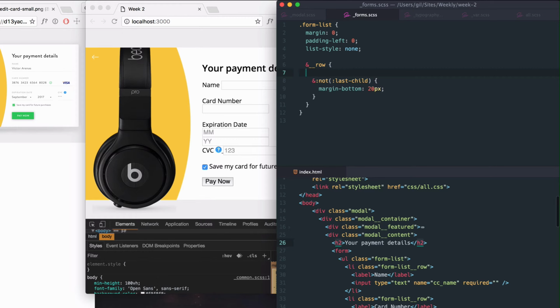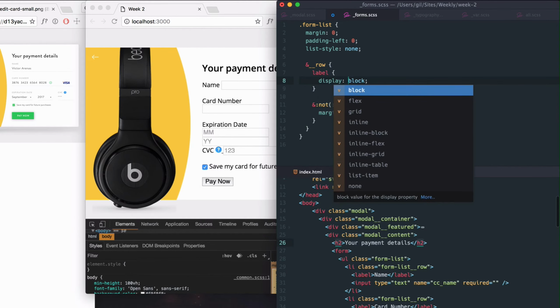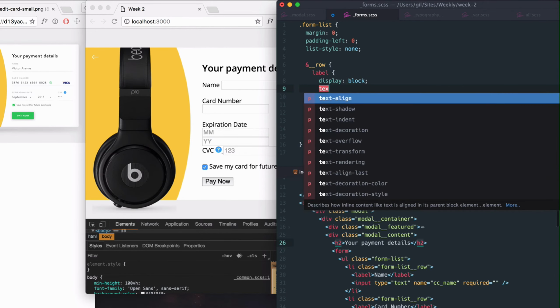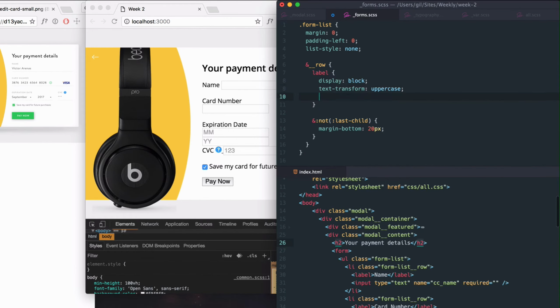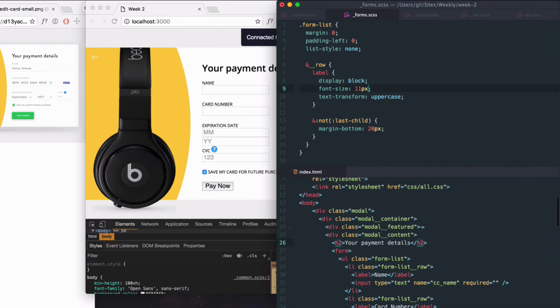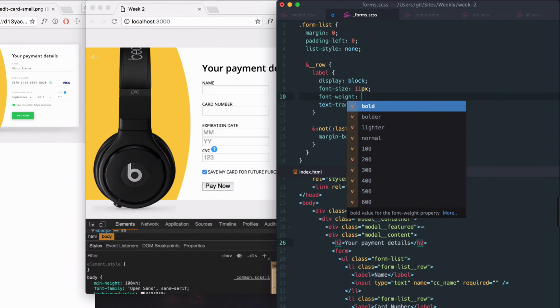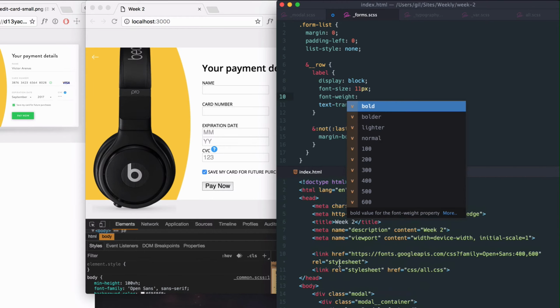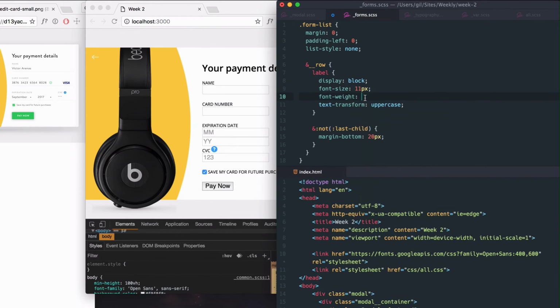We're also going to say something like, if there's a label inside of here, for the label, display block. Also make it text-transform uppercase. And then also maybe a font size of like 11 pixels. Put that above there. And then give it also a font weight of, I think we have access to 600 for bold. Okay. And then also a color